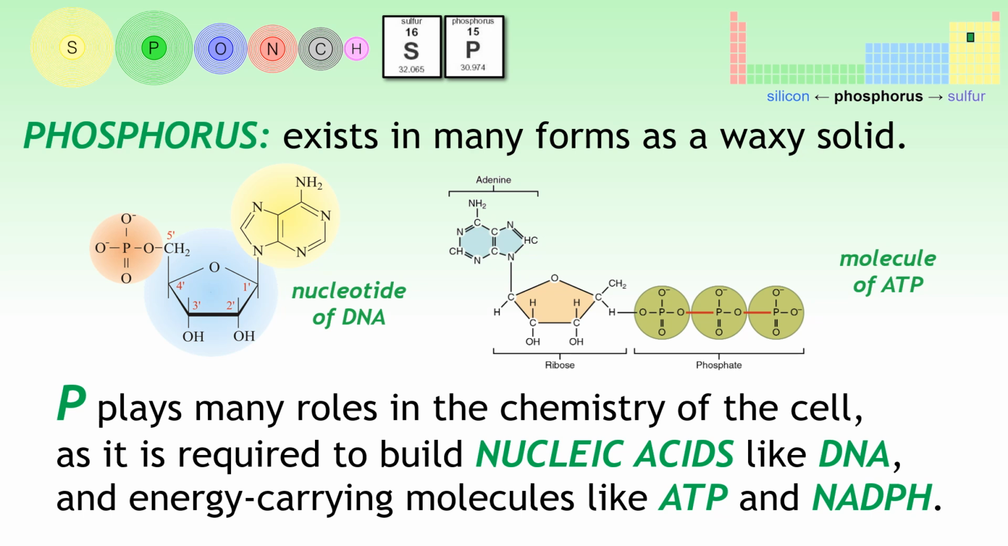Every cell in your body has billions and billions of these pieces, but each individual piece of DNA has one phosphorus right there. And we also have energy carrying molecules like ATP and NADPH, and these often have 1, 2, or even 3 phosphoruses attached. So you need a lot of phosphorus to make these kinds of molecules used by living things. S, P,